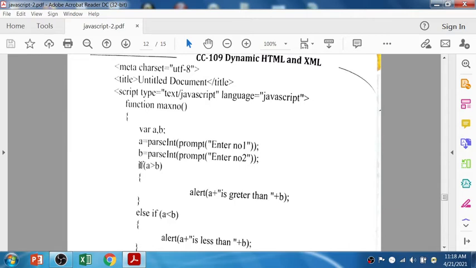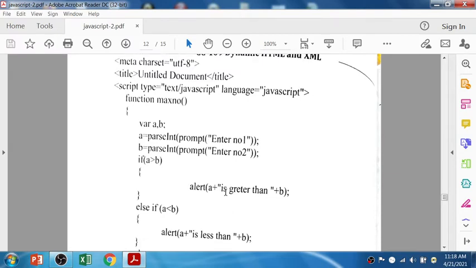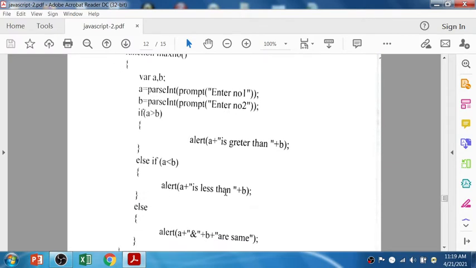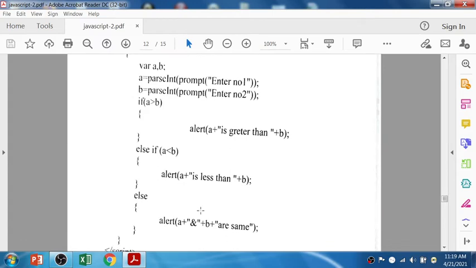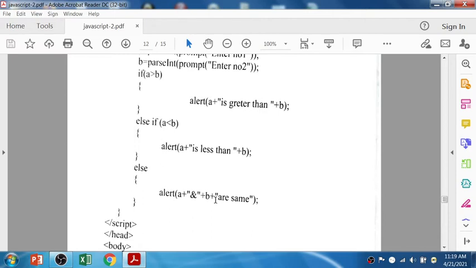See, if condition: if a is greater than b, alert a is greater than b, else if a is less than b, alert a is less than b, else a and b are the same.